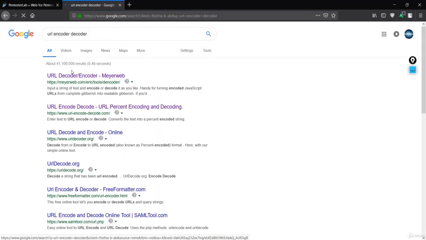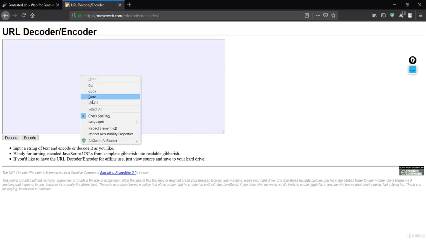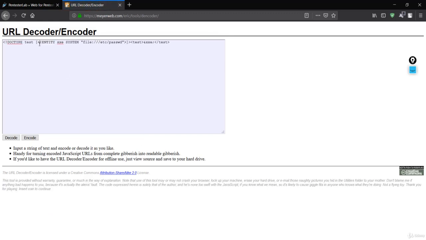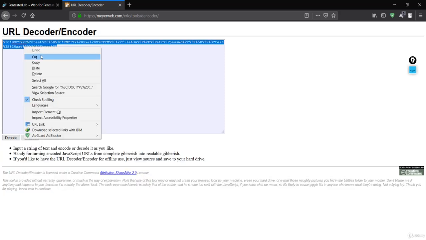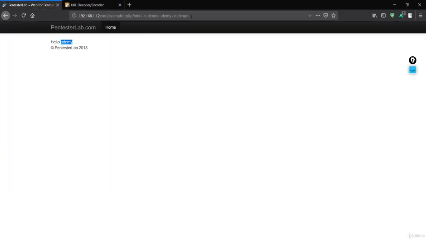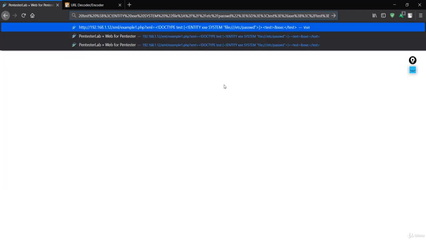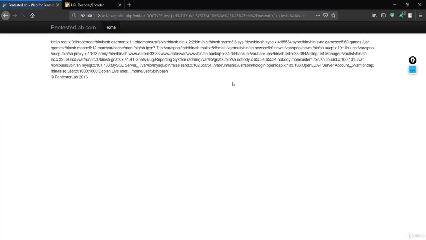Let me go to this website, and here I'll paste our payload, the same payload. I'll encode this, and copy it. Instead of the file that we injected before, we want to inject the encoded URL. So I'll put the encoded payload here, and I'll hit enter.